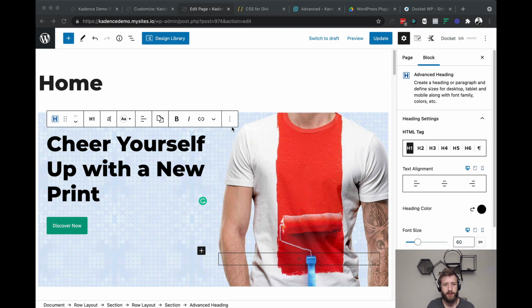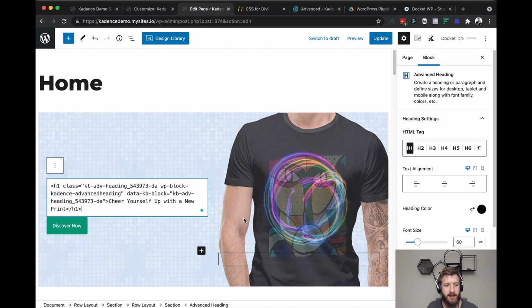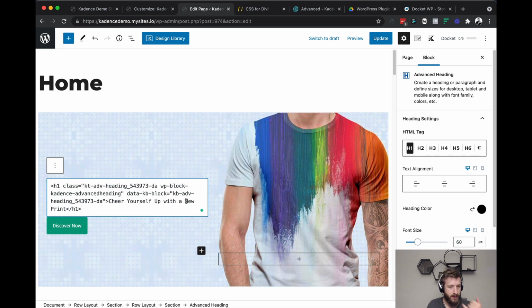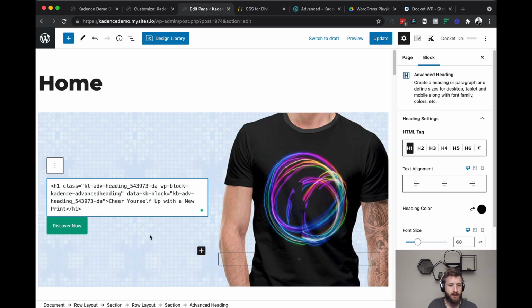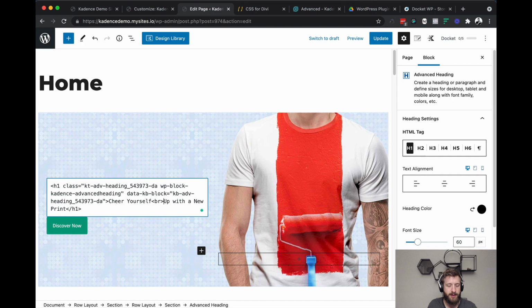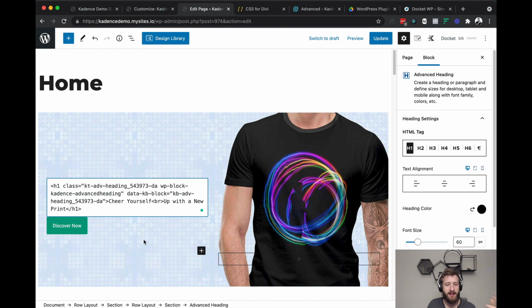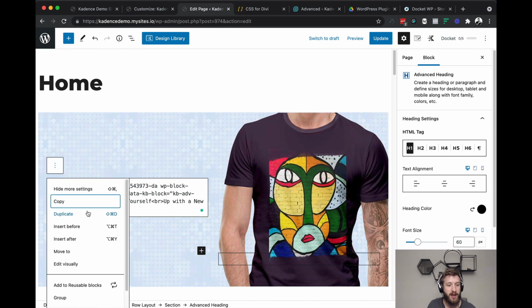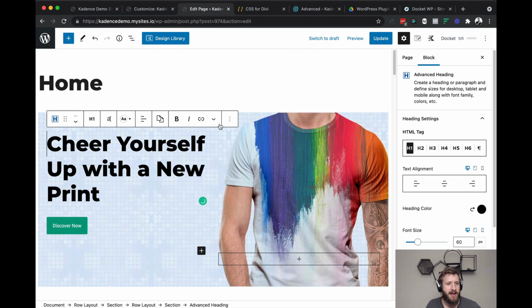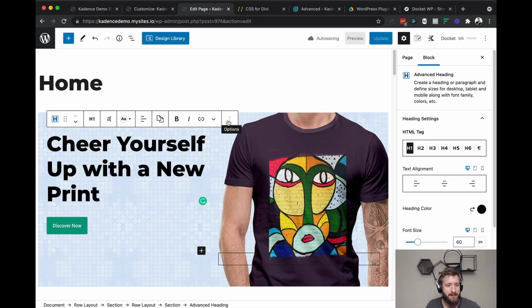Okay, so if you go to edit visually, come out of edit visually into edit HTML, we're going to experiment with a line break. So let's say for some reason I wanted this line of text to cut off at "cheer yourself," and I wanted the next bit of text to go up on the next line. Come back to edit visually. Now that might actually be how it was already broken, so that might not have done anything at all. That was a really bad example. How about we do this?